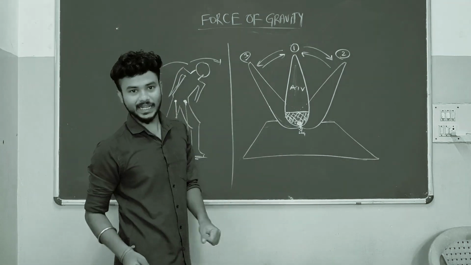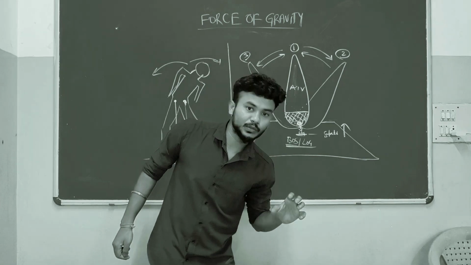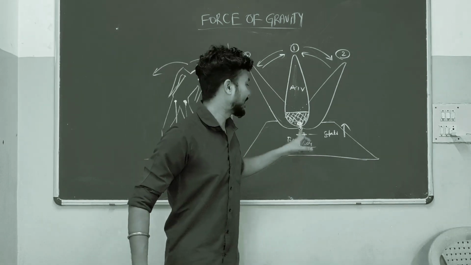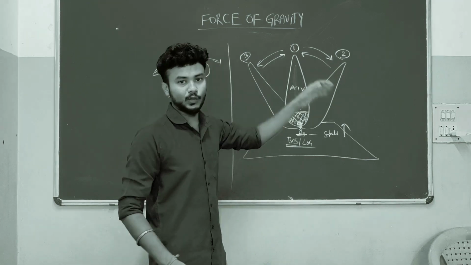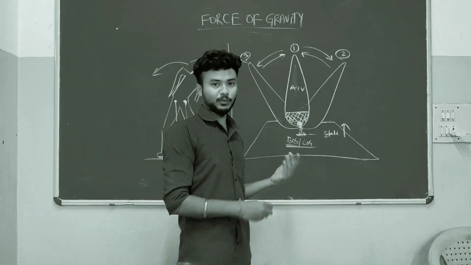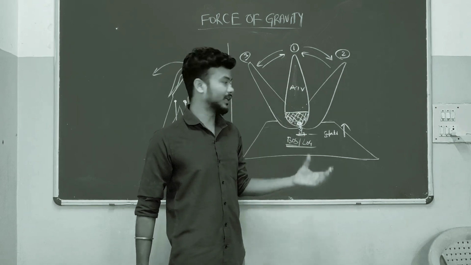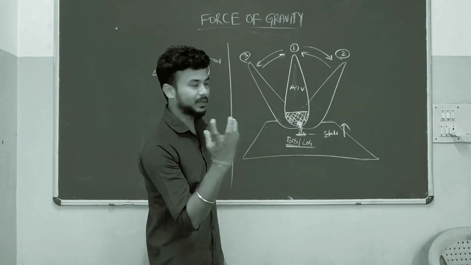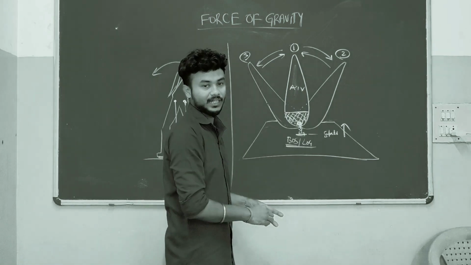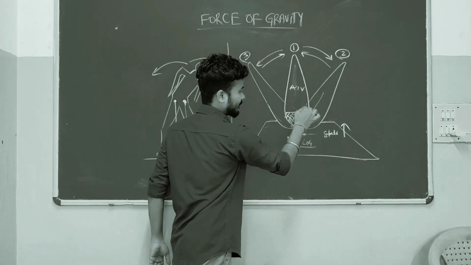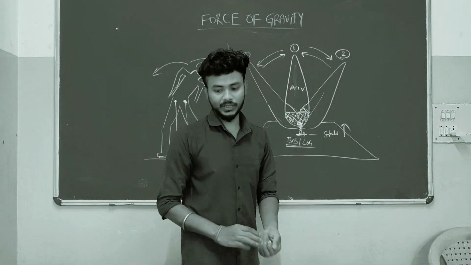So what is the point here? If the center of gravity of the object is very close to the base of support, then here also stability will be more. If it goes this way or that way, again it may come back to its position, because down it is filled by sand and above it is filled only by air. The base of the object will be down and won't change. It will come back to the normal position.